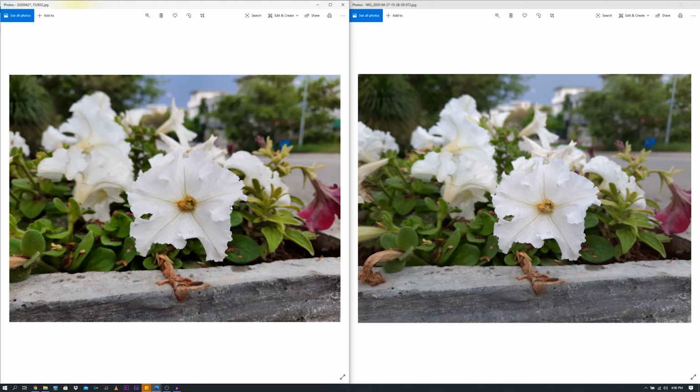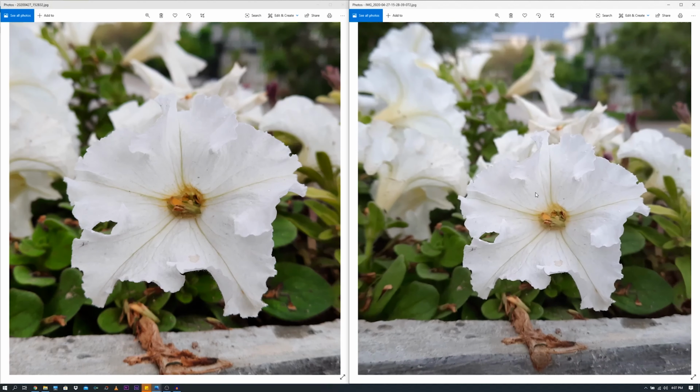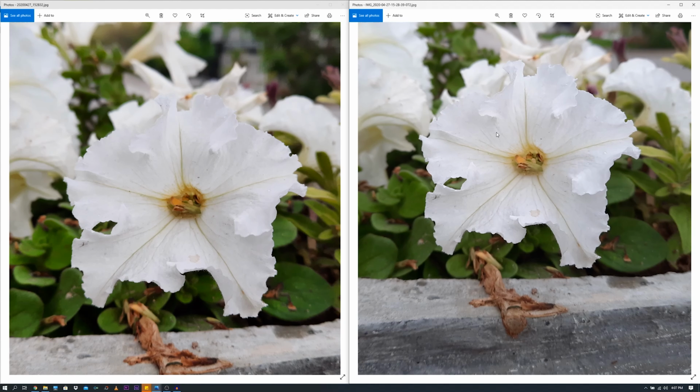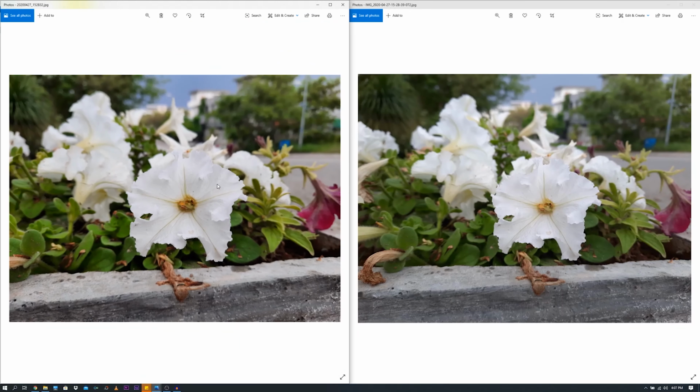Now once again you can see that there is a cooler tone on the stock camera application and a warmer tone from the Google Camera Go. As you can see, the background is nicely blurred on both the sides. The sky looks a bit more blue in the background of the stock camera application. As far as the details are concerned, they are better on the stock camera application. The edge detection this time is also better on the stock camera application. It's not bad on the Google Camera application either.